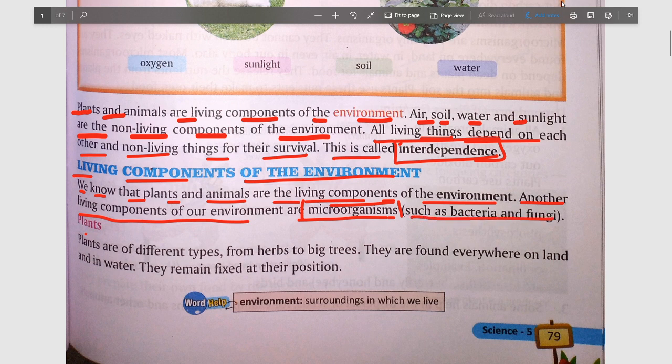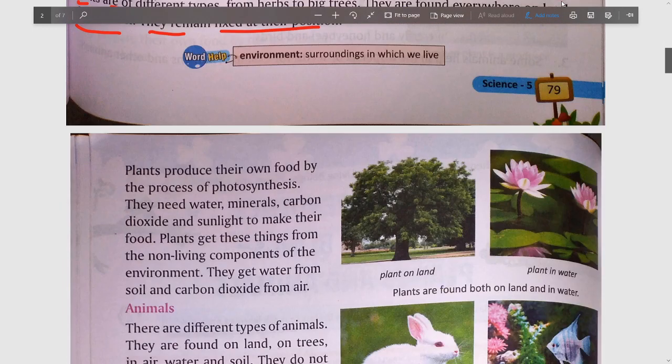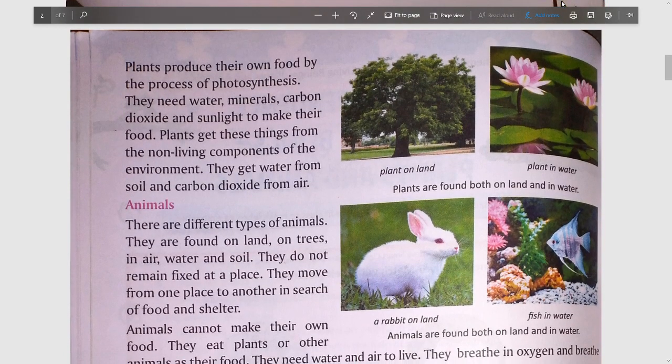Now let us talk about the plants. Plants are of different types, from herbs to big trees. They are found everywhere on the land and in water. They remain fixed at their position. All these characteristics of plants we already know. Now, plants produce their own food by the process of photosynthesis. Like humans, plants also need food. And how do they make their food? By the process of